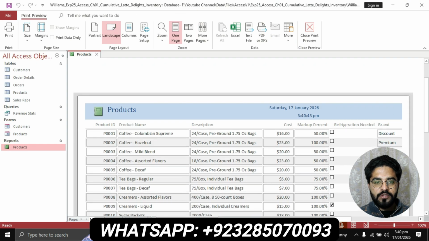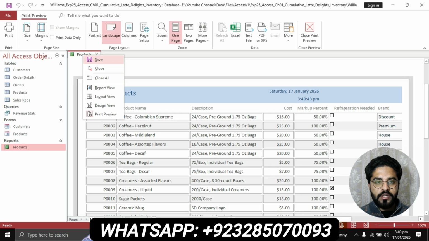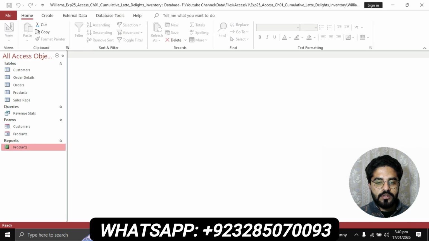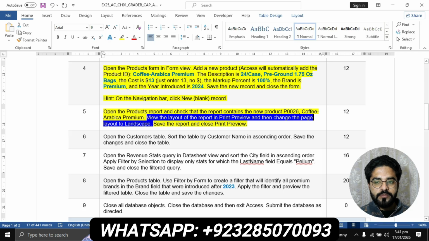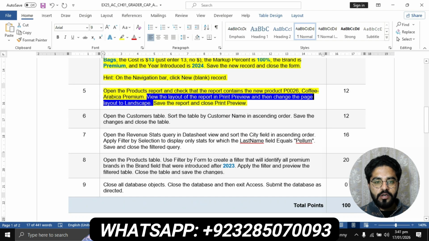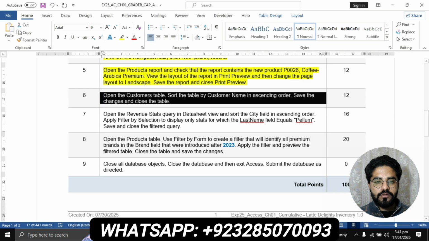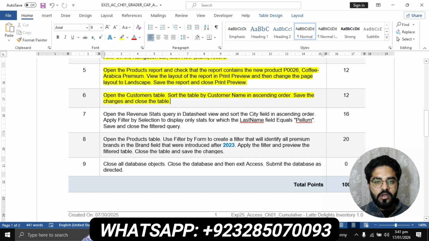Save the report and close the print preview. First, you will have to save this report. Right click on this to save this and then right click again and click on the close button to close this report. Question number 5 is completed. Now we will move to question number 6. Question number 6 is: open the customers table, sort the table by customer name in ascending order, save the changes